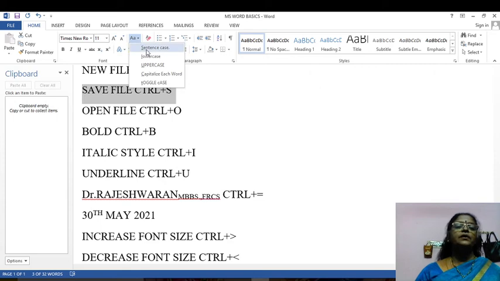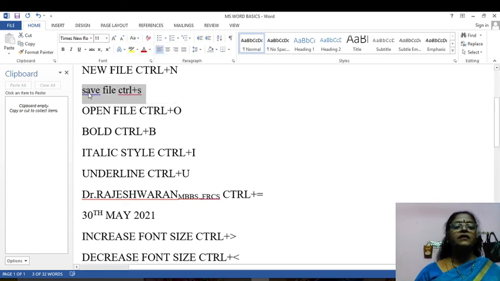Next, the capital A and small a looks like change case. If you select sentence case, whatever you type, that same case will be followed. If you select lowercase, the text will be changed into lowercase. Select uppercase, and all the text will be changed into uppercase.